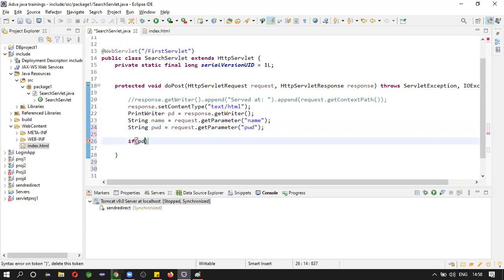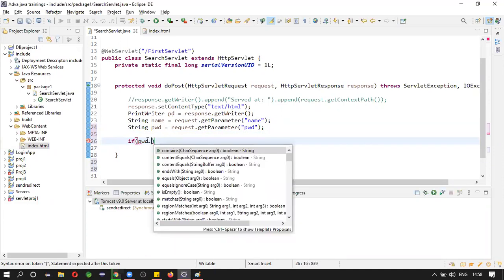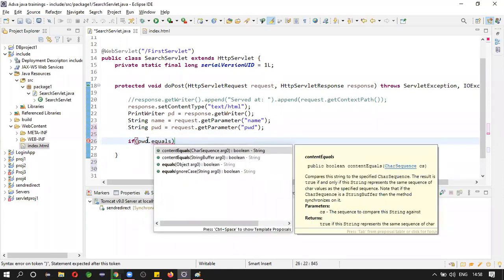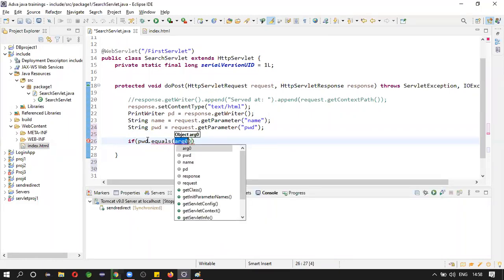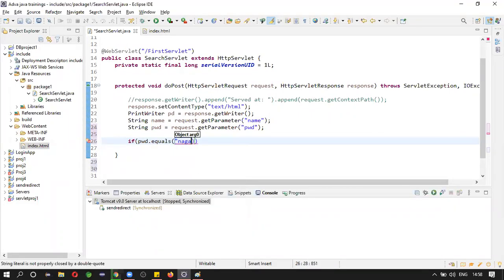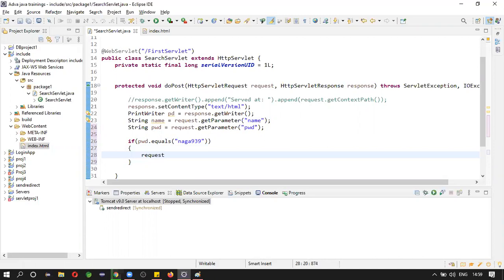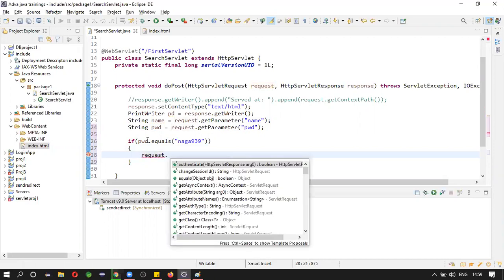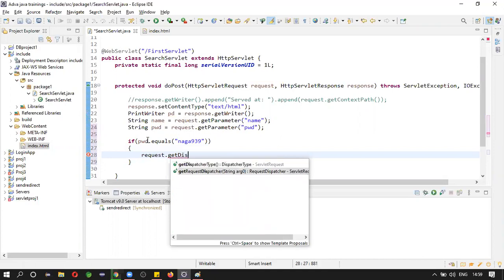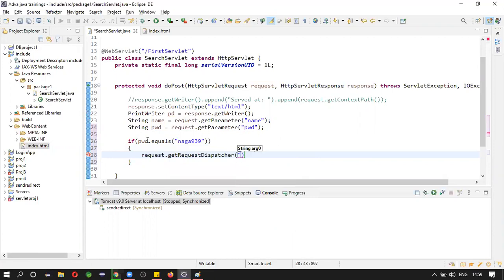If password equals name, then what we will do, request dot getRequestDispatcher. So we will redirect this request to another resource.